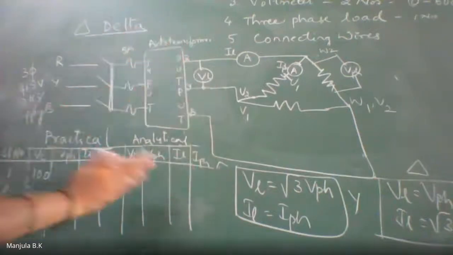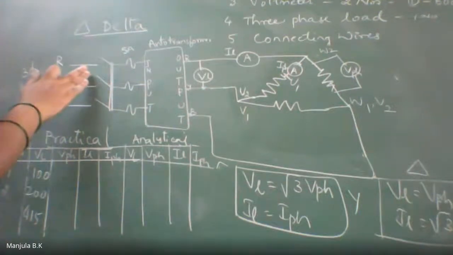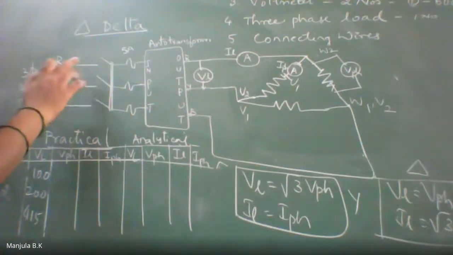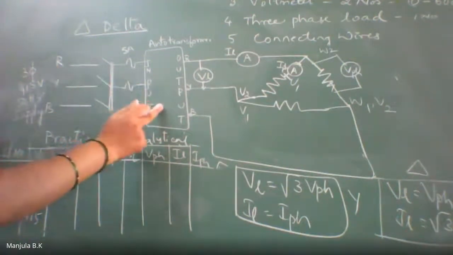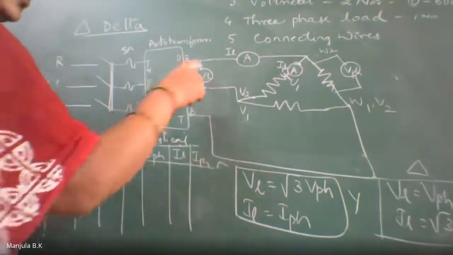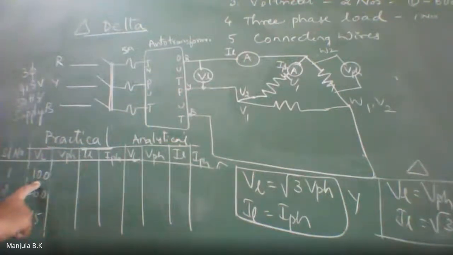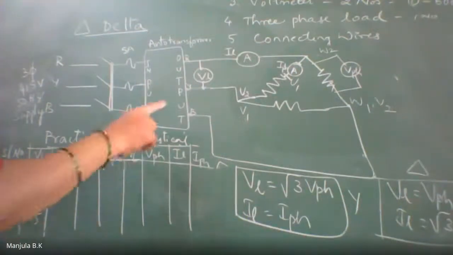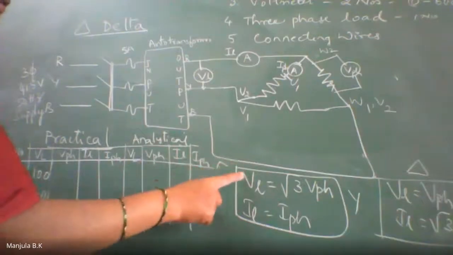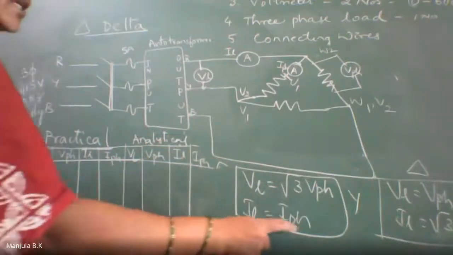So this completes the circuit part, and as previously explained, the steps to be followed in conduction are: give three-phase supply, vary the auto transformer, observe the meter readings, and note down all the meter readings. Vary the input. First you set some voltage, say 100, and then in the second stage you set the voltage to 200, and finally we can set the voltage to 450. So you record all the data, and finally you have to do analysis. VL should be equal to root 3 VPH in case of star, and IL is equal to IPH.